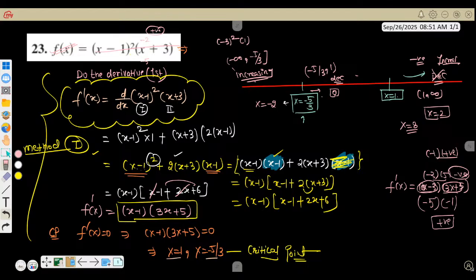Now the problem is that, sir, how can I identify? Wait, how is it increasing? Because suppose after x is equal to 1 you have 8, right or wrong? Why do we not choose x is equal to 8? If you choose x is equal to 8, then this is 8 minus 3, positive 5. And then this is also positive, 29. So the entire answer is positive. And if the derivative is positive, the function is increasing. But why can't you put 2? Yeah, why were we getting decreasing? How do you know? Because we immediately take the point after x is equal to 1. So maybe this function is